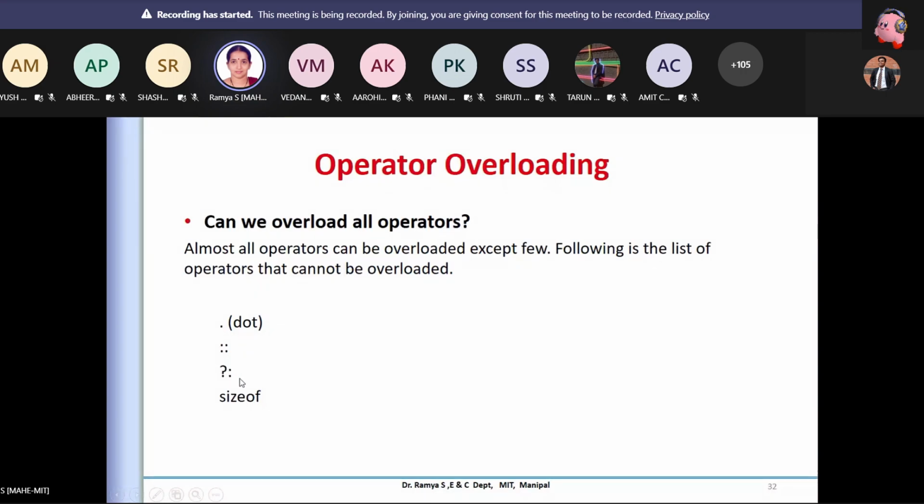This one is mainly for an if else condition. It is a shortcut kind of if else I can use: if this is true, do this, or if false, do that. This is the symbol, the operator we use for that. And sizeof is basically a keyword which we can't use for some other operation. So remember, all the operators can't be overloaded. There are some restrictions on that. Other than that, we can always overload the functionalities, and we can increase the capability of the operator beyond what it obviously does.